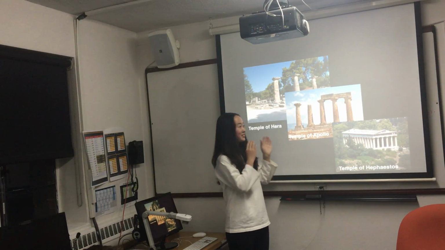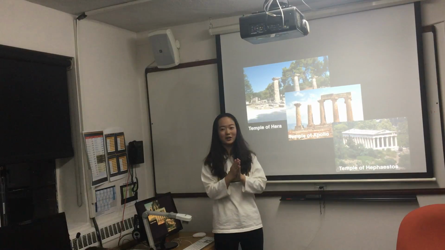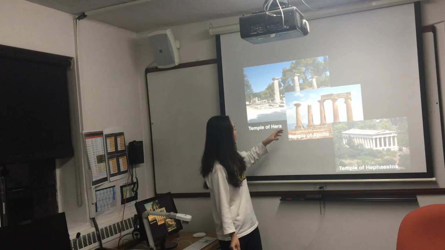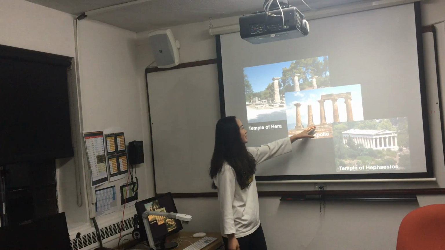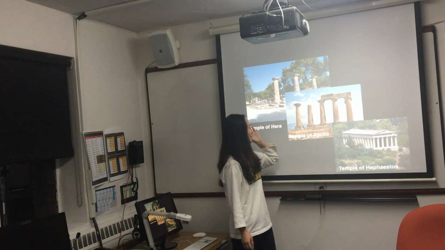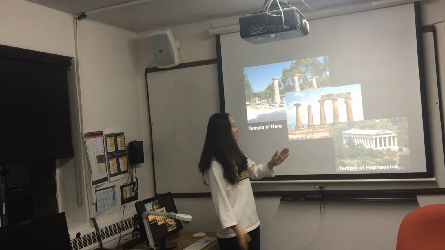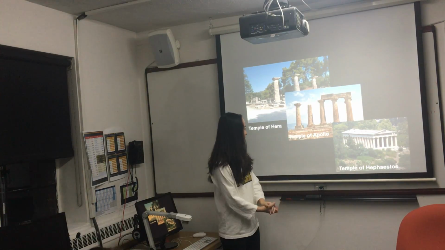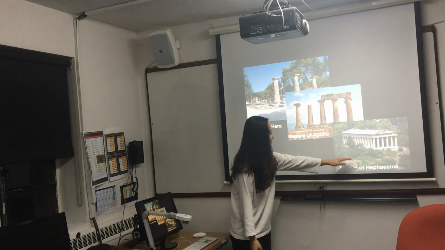So these three pictures show you how the hexastyle looks. This is the best picture I can find of the temple of Apollo, and you can see from the temple of